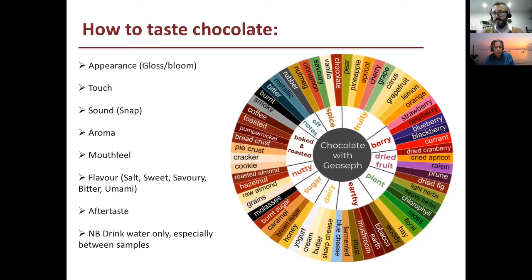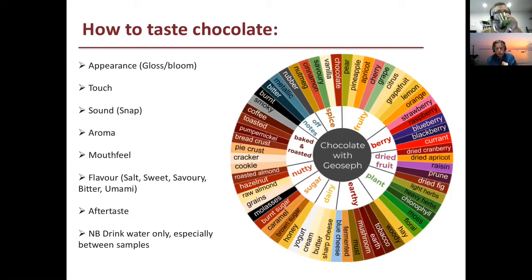So here we've got something with really quite pronounced acidity. I'm getting quite a lot of nice but noticeable acidity there, which acts as a good balance to some of the other cocoa flavors that are going on. I would say this is the first one of the chocolates we've tried which has tended to dry out my mouth, and that is a tendency of high cocoa solids chocolates. They're quite astringent and they do tend to dry out the mouth. So that's just something you notice with higher cocoa solids chocolates.